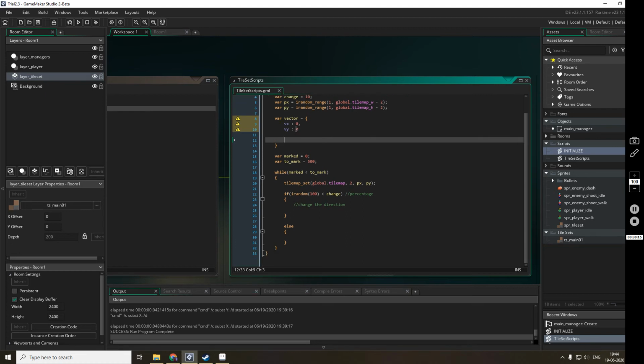What we'll do, initially I will be giving it a random value.